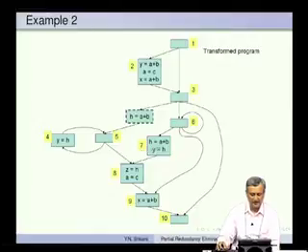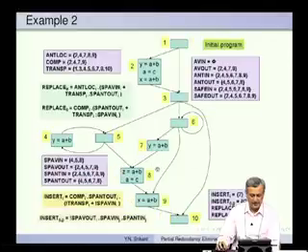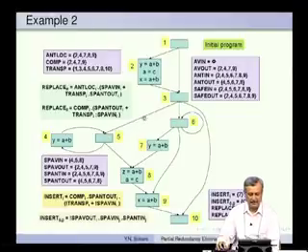Why? The point is, if you look at this edge, this is a critical edge. At this point we do not have safe partial availability, and at this point we have safe partial availability. So, this is the insert ij is here: safe partial availability of this point is false, this point is true, and the SPANT in j is also true at this point. So, this is a critical edge that we need to break.